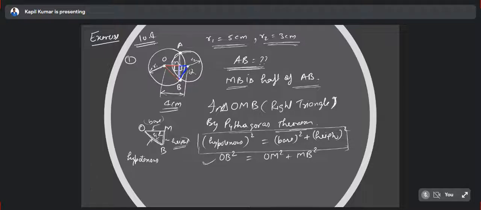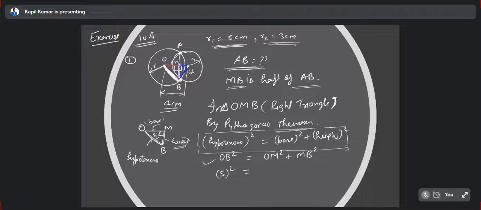So this OB, in this circle, what is OB? Sir, OB is the radius. It is hypotenuse, but its length is also equal to the radius. So in place of this OB, we can write 5. So 5 square is equal to